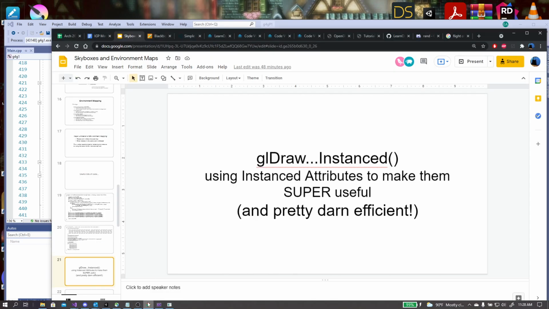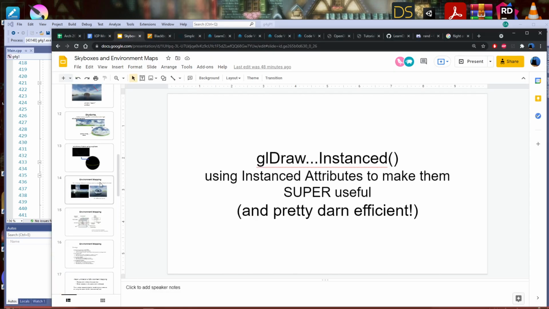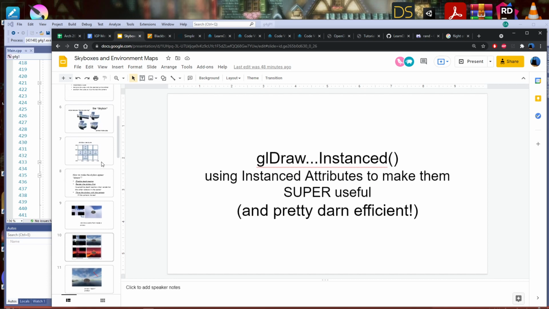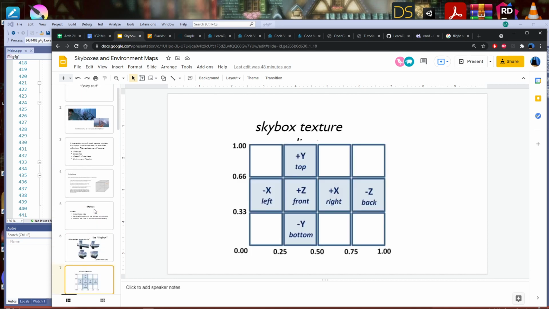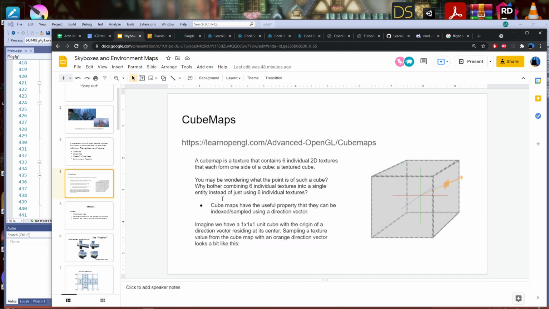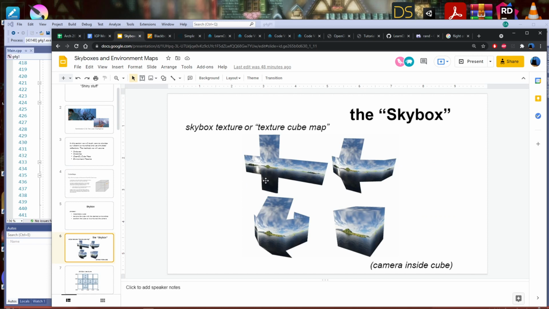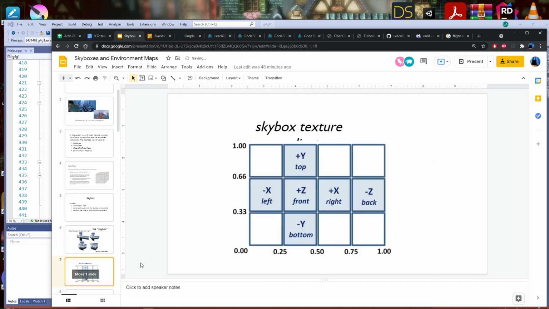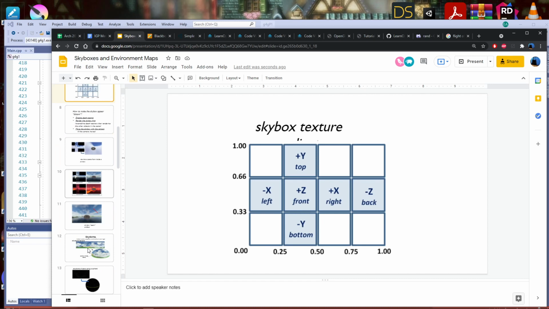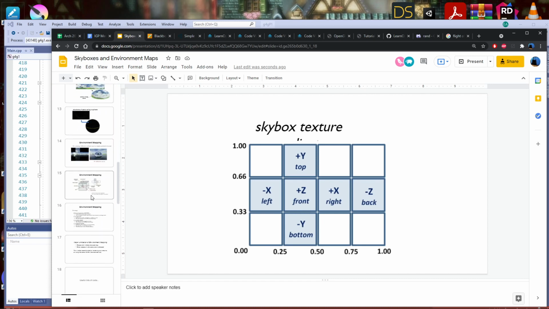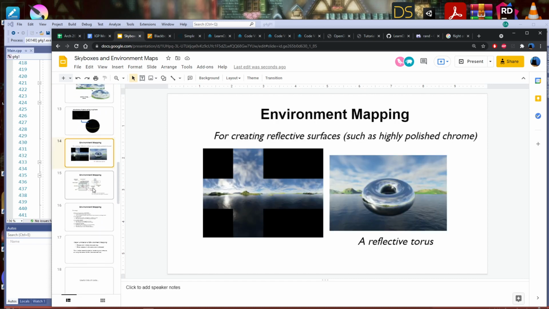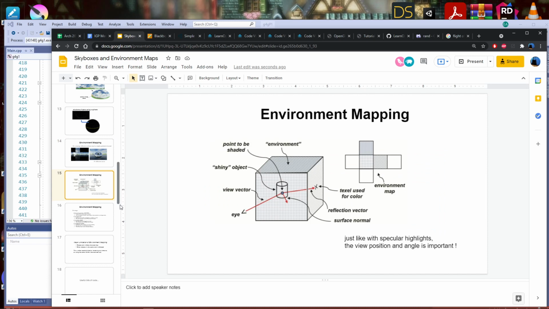So does it build its own 3D texture based off of the 2D that you gave it? It does it just like this. I gave it 6 textures that create this set of 6. It creates basically the same as a skybox texture, and then, similar to that, it handles this part.